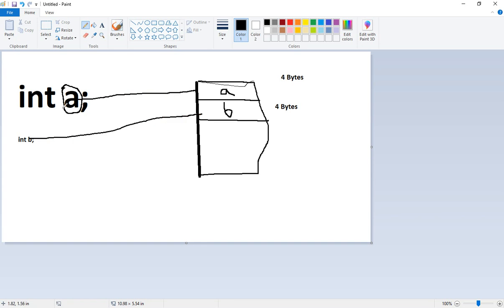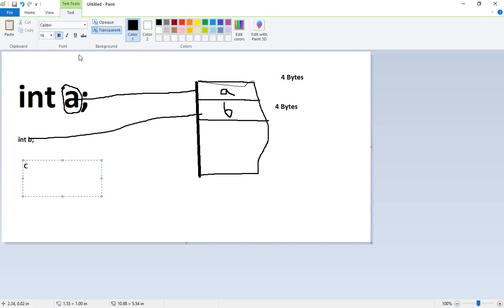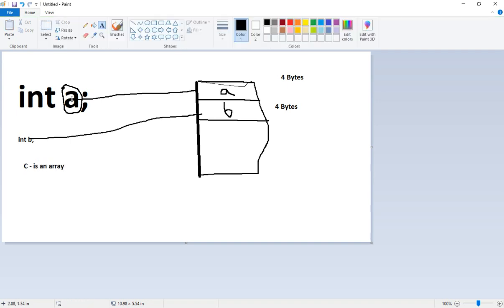But if you use A as an array, or let's actually create a value called C here. If C is an array, both the values which are assigned to A and B can be represented by C alone. So C can actually represent both this and this. And C is going to take the index of the value. So if I type C[0],